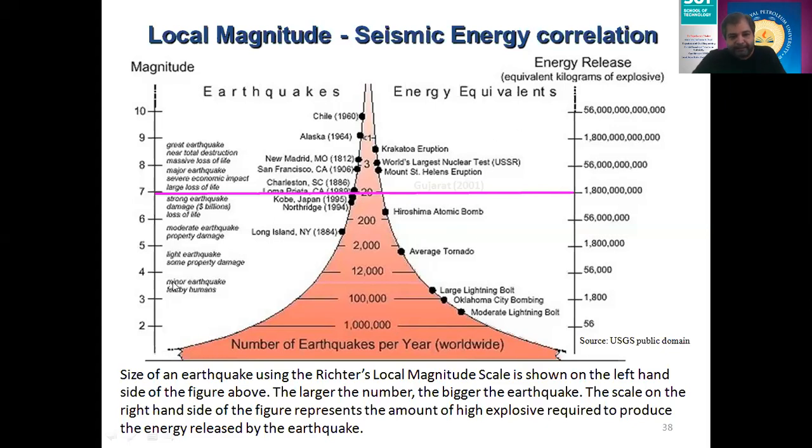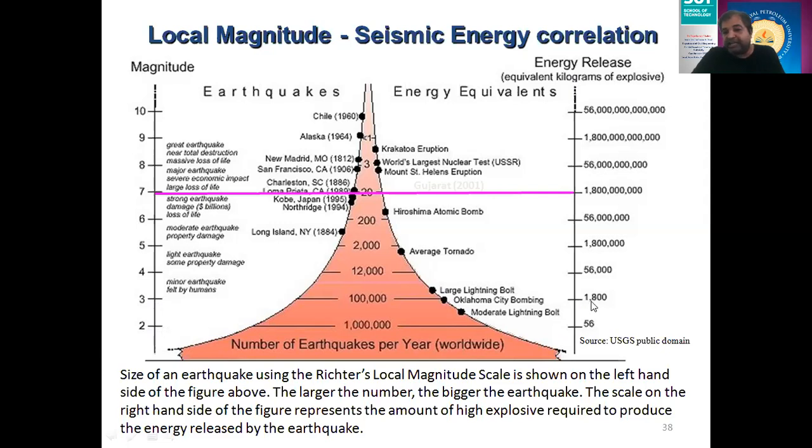Now just see, as the magnitude increases, as I said, the number of earthquakes reduces. In the same way, if you see the energy release, let's say for a magnitude of 2, the energy release is 56 kilograms of explosive equivalent. Just very simple. Now just see, if you take the magnitude of 3, this will be multiplied to